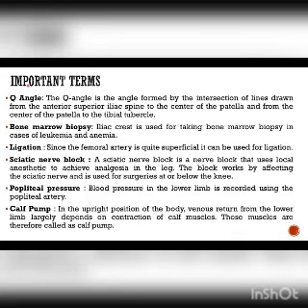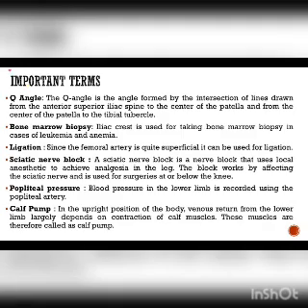Popliteal pressure. Like we have pressure in the upper limb, we also have pressure in the lower limb, and it can be recorded using the popliteal artery. Sudden occlusion of the artery may cause gangrene up to the knee, but this is usually prevented by the collateral circulation through the profunda brachii artery. And now if you ask me what is collateral circulation, it is an alternate circulation around the blocked artery or vein via another path, such as nearby minor vessels.